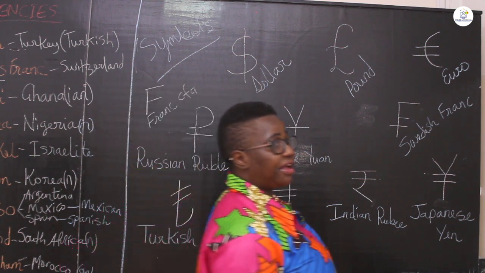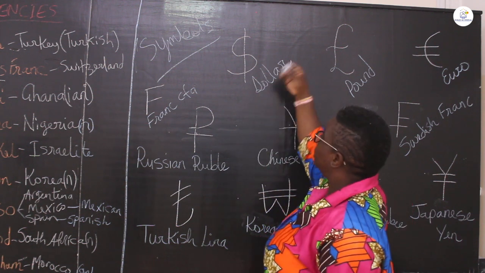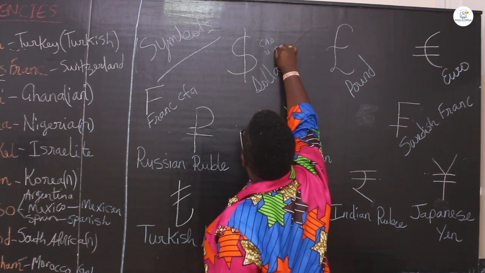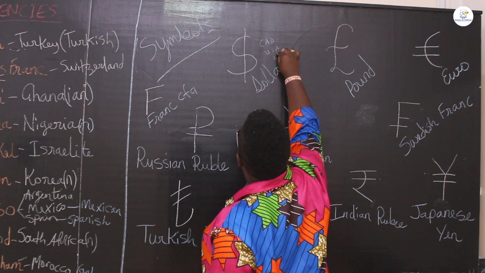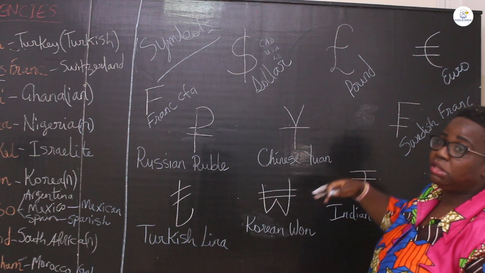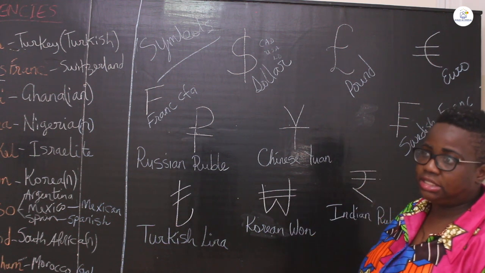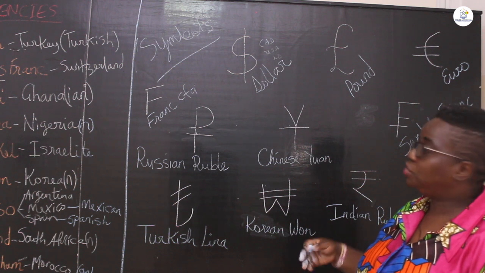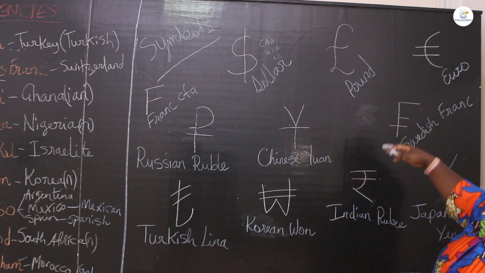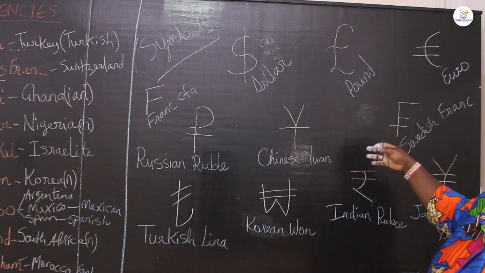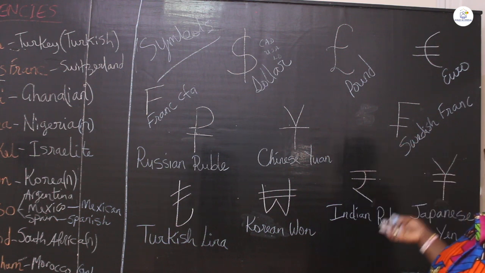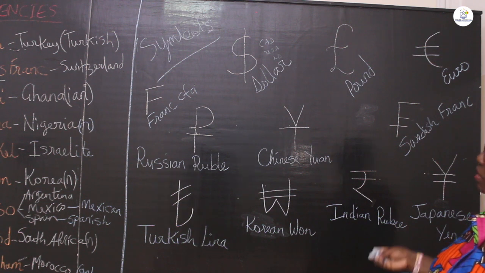And the dollar, it doesn't matter. It's just that you have to identify if it's a US dollar, if it's a Liberian dollar, if it's CAD. Canada is CAD, America is USD, Liberia is I think LRD. So it just depends on which country is using what. Namibia is NAD, Namibian dollars, and so they have different abbreviations for the dollar. And of course, the pound sign would be that, even for Jamaica. And so you just have to let us know if it's Jamaican dollars or a British pound, or the euro as well. Even though it's for France, there are some countries around that would use the euro.